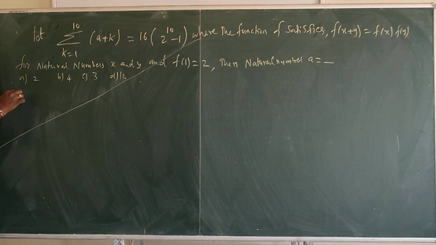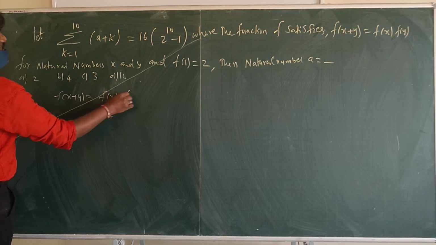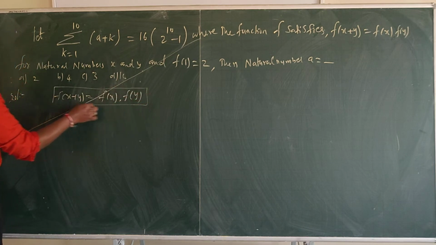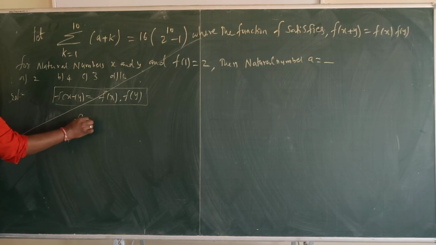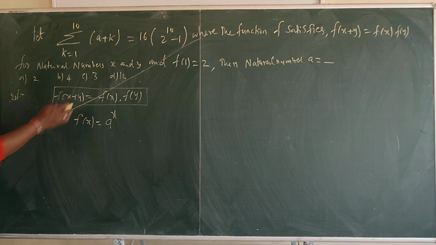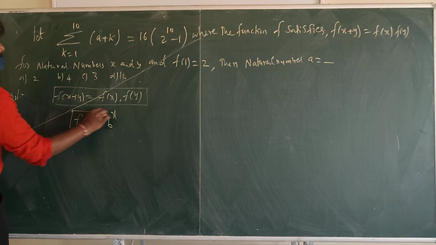What can we write for this, sir? Here what we write as f of x, the condition given is f of x plus y is equal to f of x into f of y. When they give like this, these conditions I have taught you in the function topic, even in differentiation also. So when you have f of x plus y is equal to f of x into f of y, f of x we can write as a power x, or you can write b power x or something. Already a is there here, so that's why you change it to b power x.